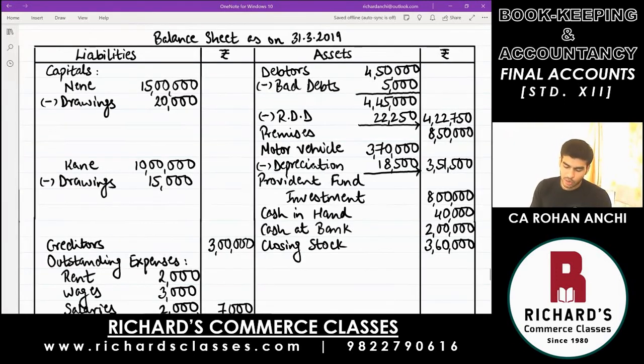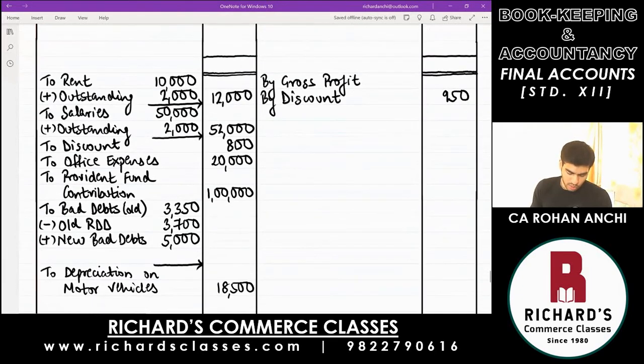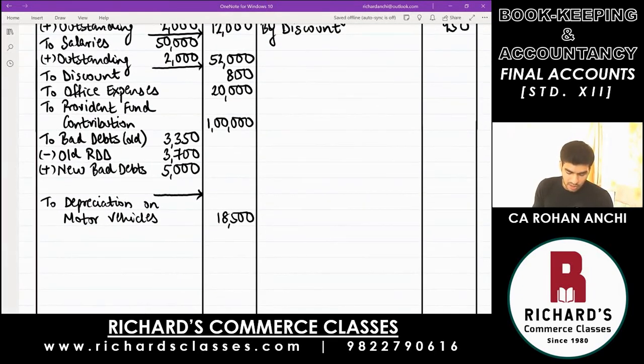Okay, second effect of RDD. You come to bad debts. Below that you write down plus new RDD. Apart from old RDD, everything has to be added. Only old RDD, the one that we do not want, you get rid of. So you minus old RDD and add new RDD that we calculated just now, 22,250. Now carefully you do the addition and one subtraction. Old RDD has to be subtracted. Do that and tell me the net figure in the outer column.